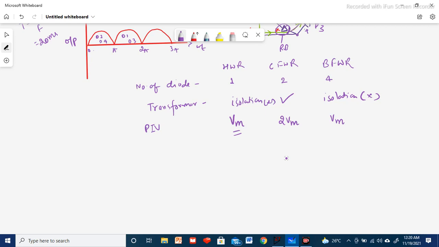And talking about the peak load current, or Im, maximum current will be available across the load, given by Vm divided by Rd plus RL. This is load resistance and this is the diode resistance. If Rd is much smaller compared to the RL, then directly we can write Vm by RL. So this expression remains same for this one and the center tap, but for bridge wave rectifier, this is Vm divided by 2 Rd plus RL. So this way we can find out the peak load current.